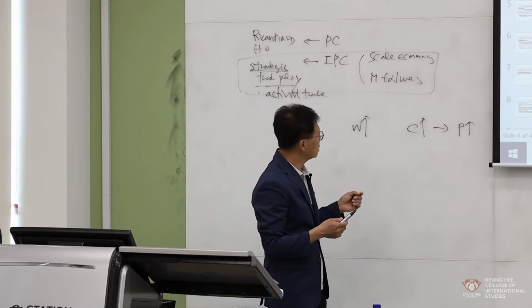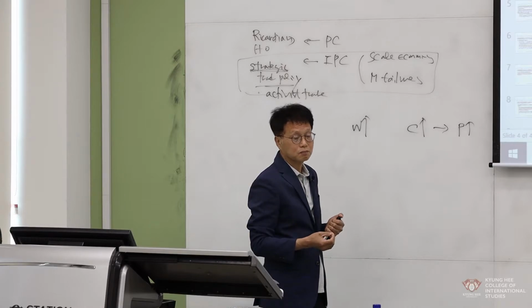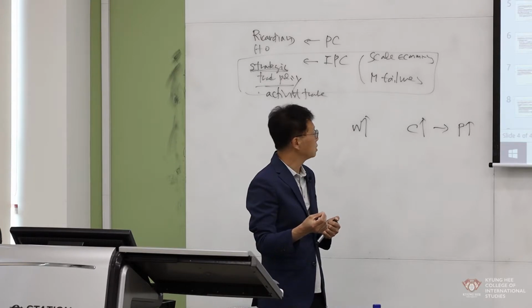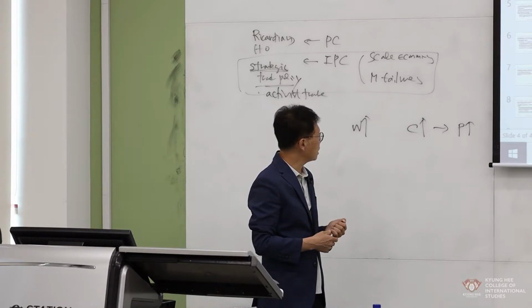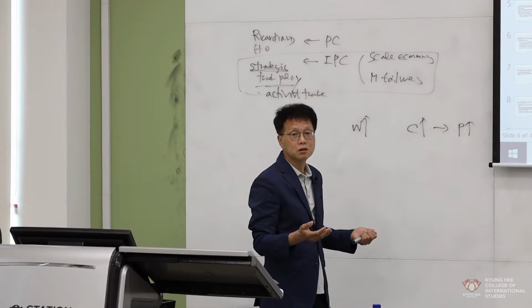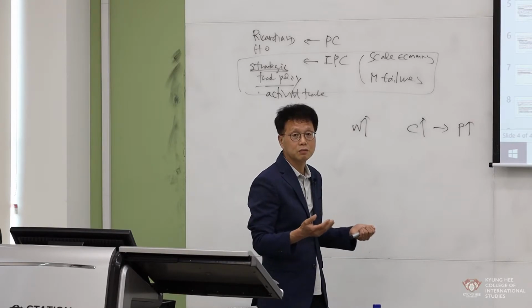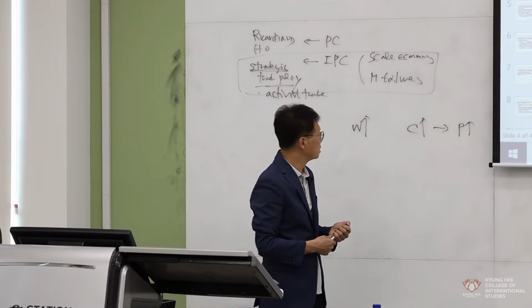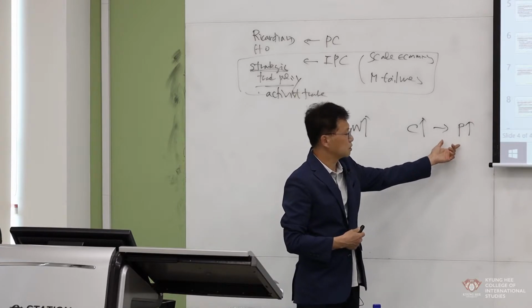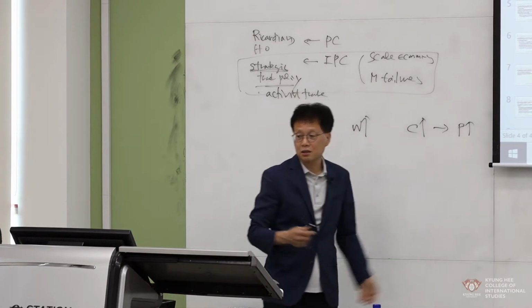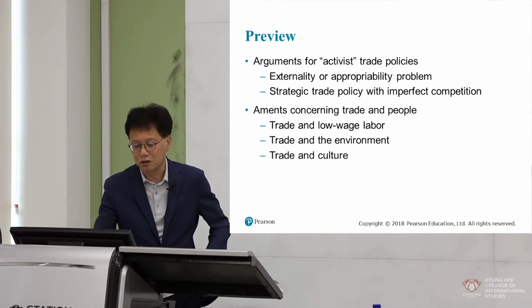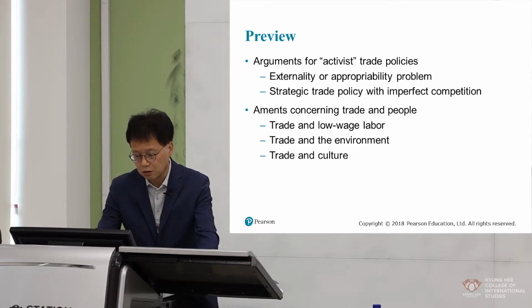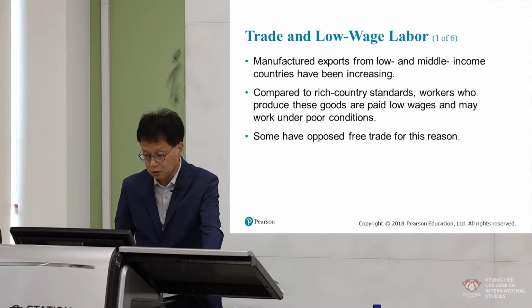That means environmental protection results in higher costs, and after that, developing countries lose price competitiveness in the world market, right? So they lose the chance to increase productivity after all. That is the second issue. And the third issue is trade and culture, right? I'd like to explain that a little later. Okay, now we go to the subsections directly.